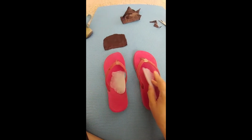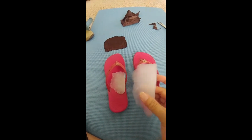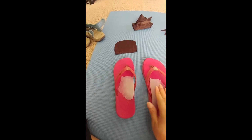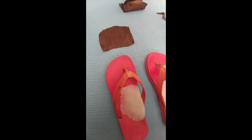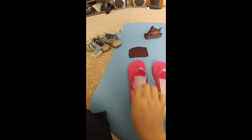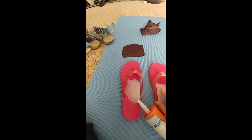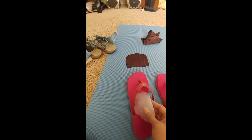It's cured pretty fast. It's flexible and it's custom to my arch. Okay, so now if you just want to put it like this, you can glue it with the same silicone. You can glue it, turn it upside down, and glue it down, and you're all set. But for this one, I think I'm going to wrap it,